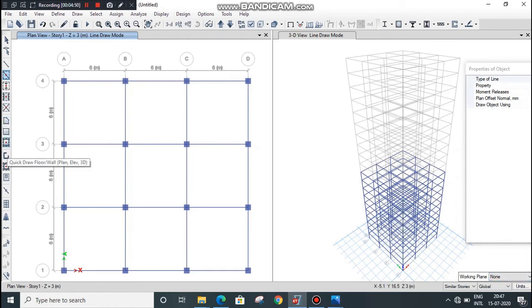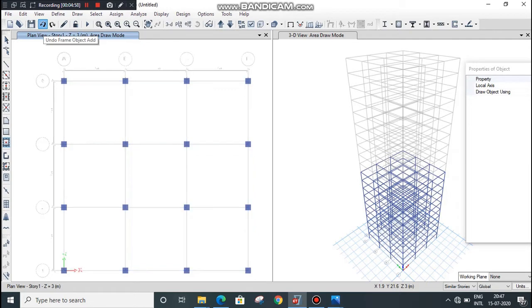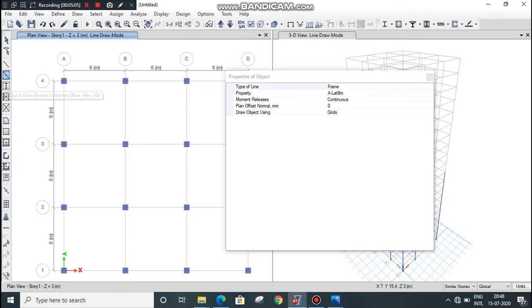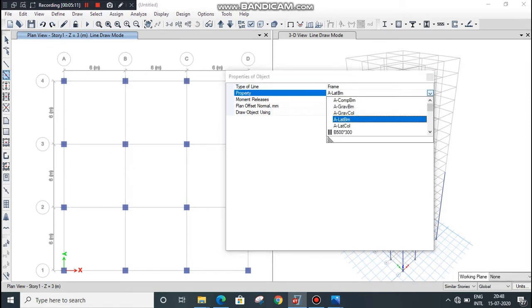Click on select thickness of 150 mm. Select quick draw beams column and make sure the property is beam auto select.